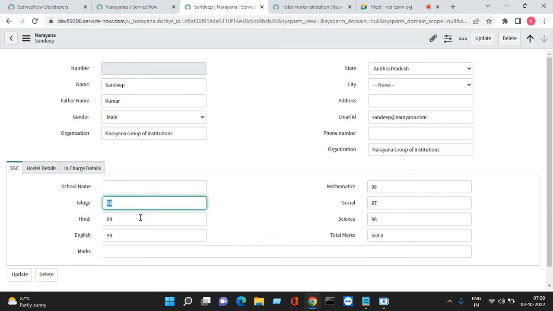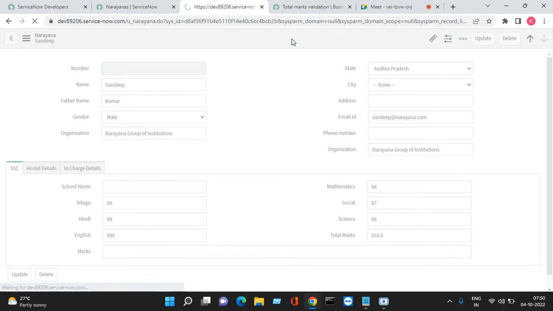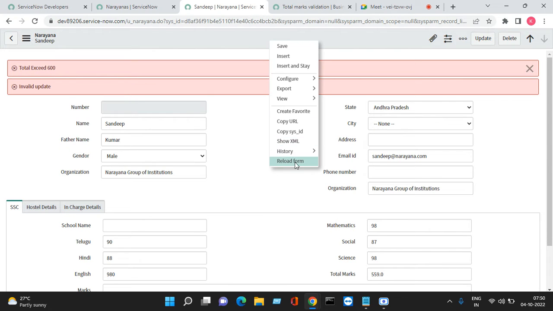See, it was calculated right, 559. Or if we gave 980 and I'm trying to save this one, what happened? Invalid update, and total exceeds 600. If I reload this one,